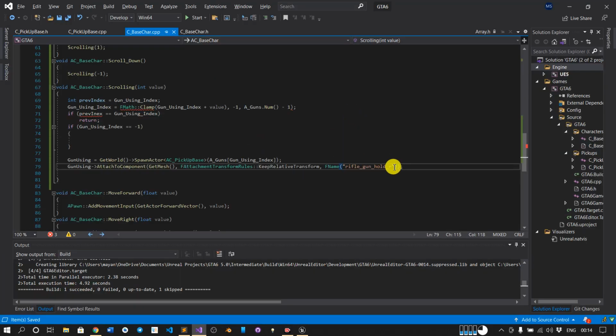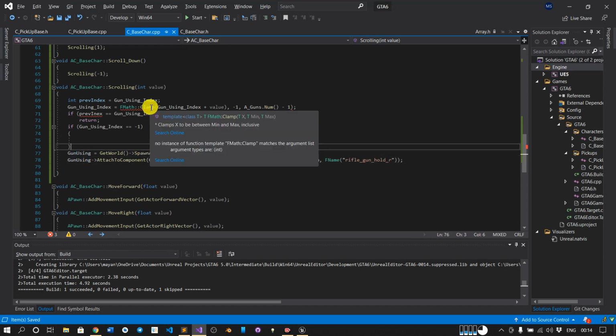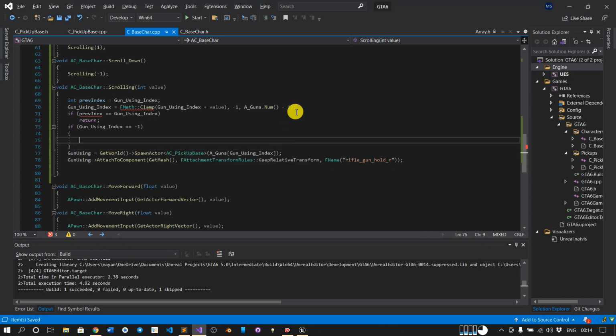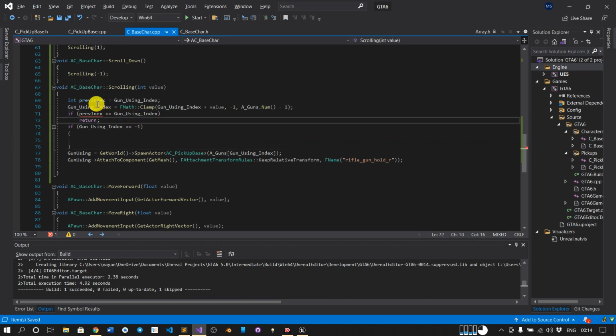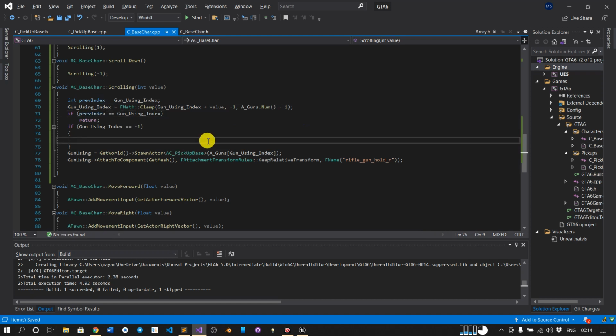So we have written the code and we have created the socket also. We have a lambda with min max minus 1. Next is prev index, copy paste. So we will attach the gun if it is not equal to -1. But what if it is -1 and we currently have a gun? So we will do